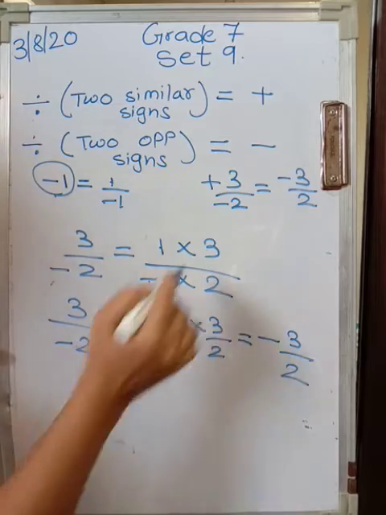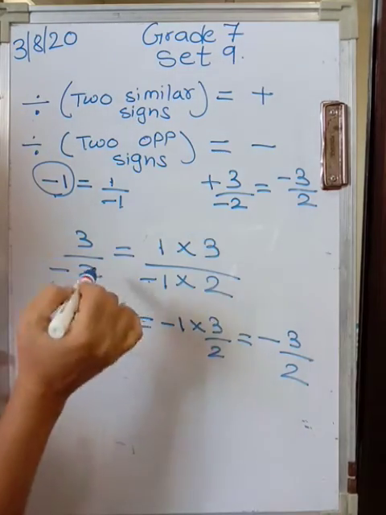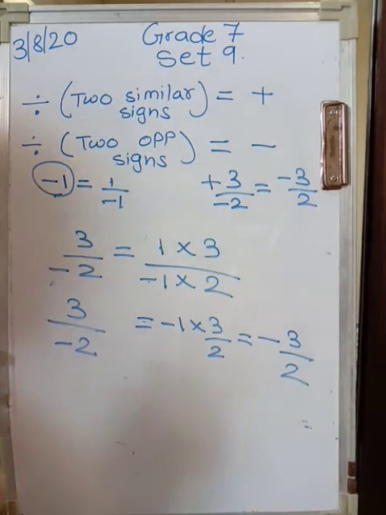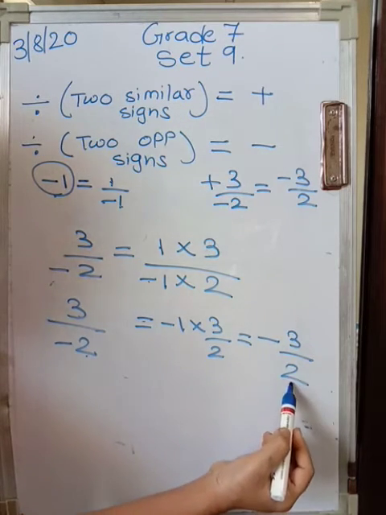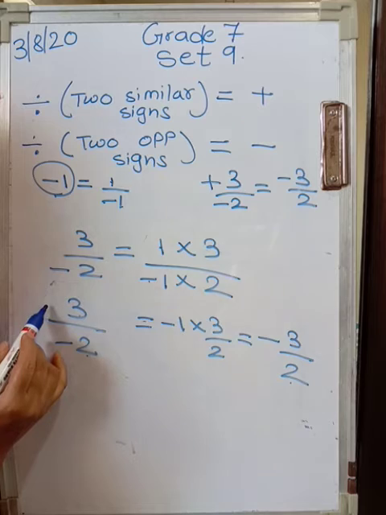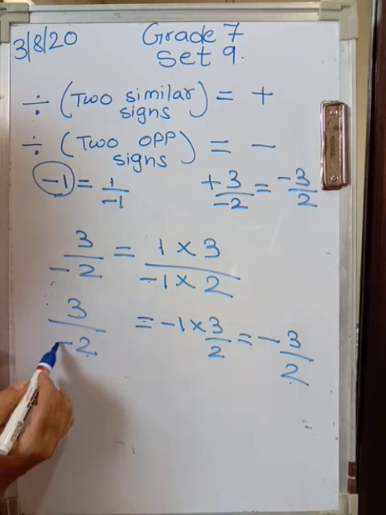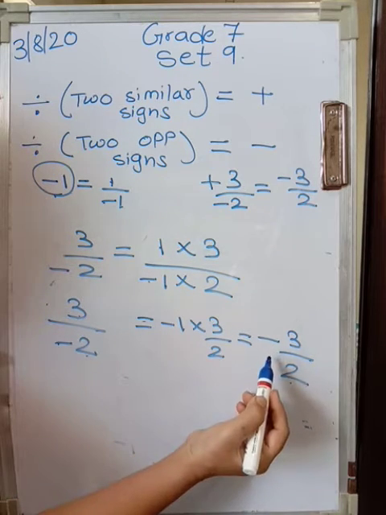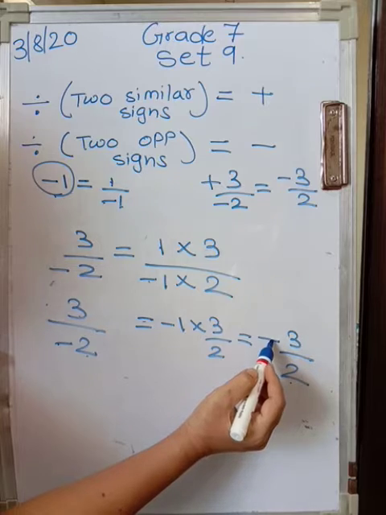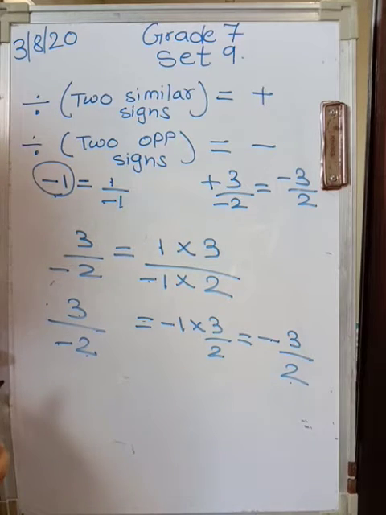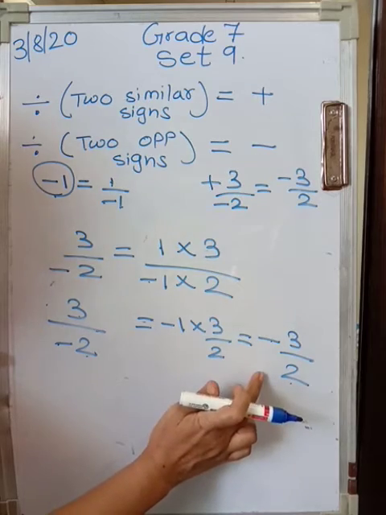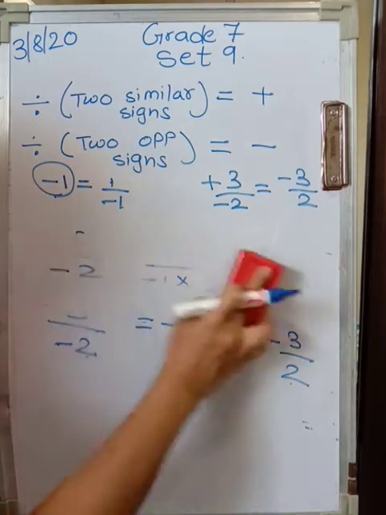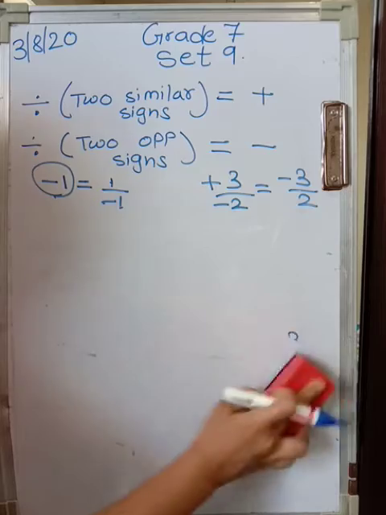Okay. If you don't remember all this verification, it doesn't matter. But at the end, what you should remember? 3 upon minus 2 is minus 3 upon 2. When the numerator has a positive sign and the denominator has a negative sign, at the end the numerator will have the negative sign and the denominator we have to make positive, because it is customary to write the denominator as positive. Alright. Now keeping these things in mind, we will now do the exercise